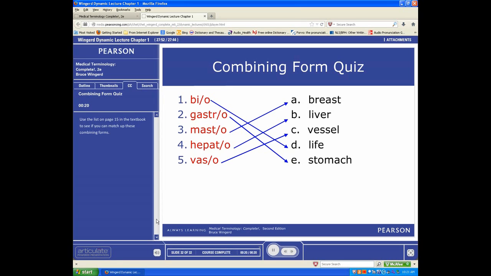You will see learning objectives like these at the start of